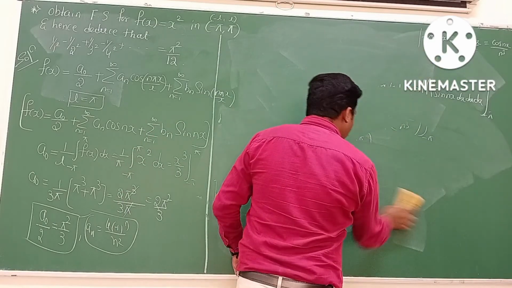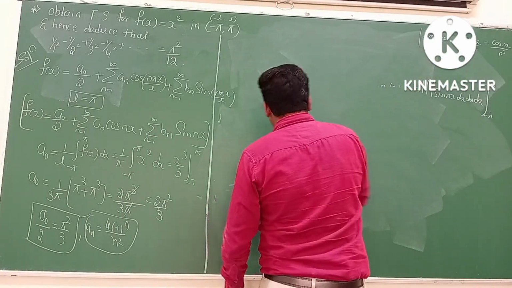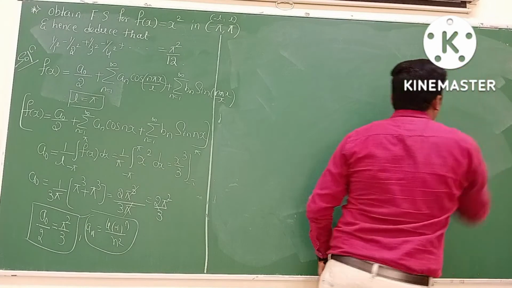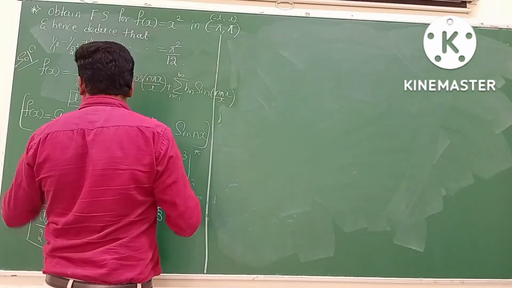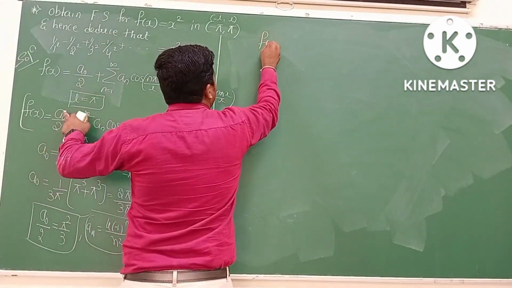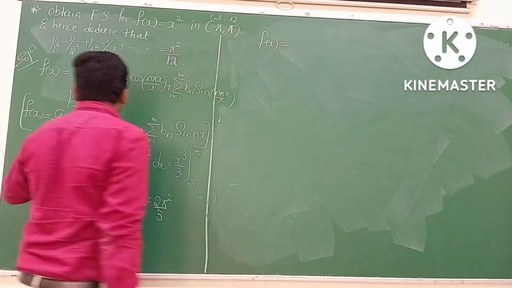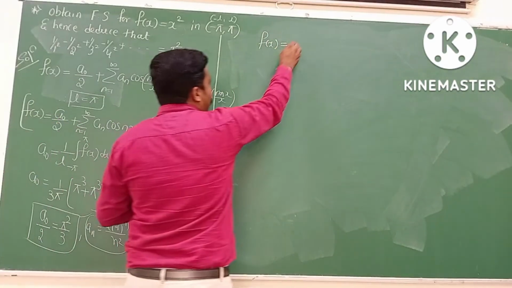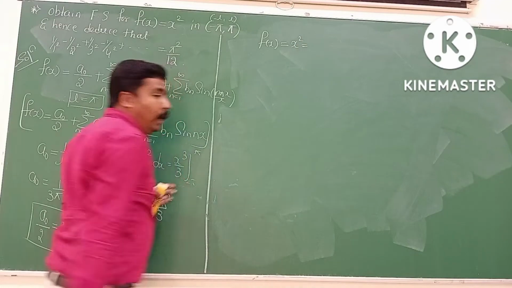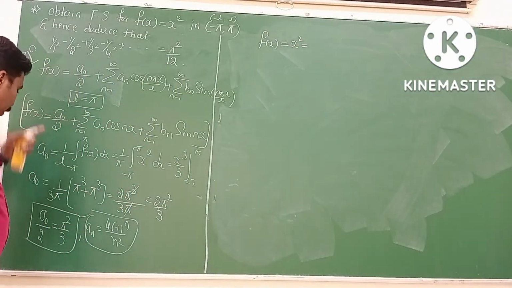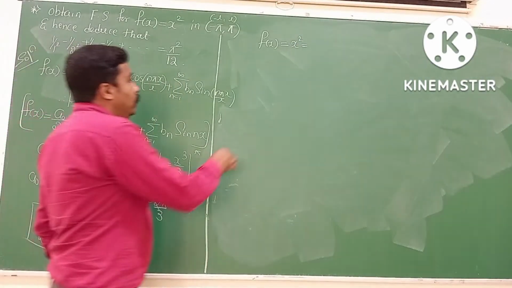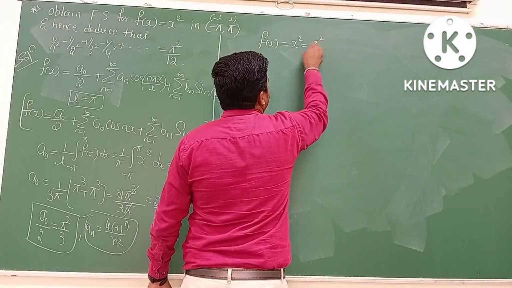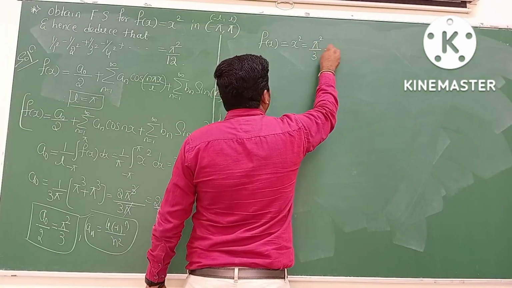Means I am substituting all the Fourier coefficient values in the given series expansion. So what is that given series? f of x equal to, what is our f of x? x square. So that is equal to a0 by 2. The a0 by 2 value we got here is pi square by 3. So write pi square by 3 plus